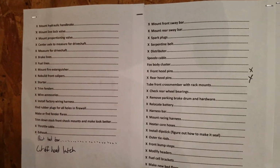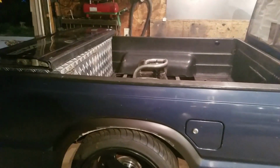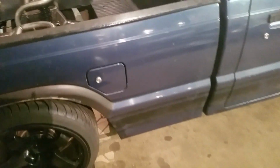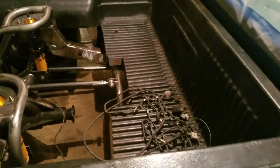I don't know what I'm going to start on tomorrow because the front end is mostly done. One of the things I should do first pretty soon is center the axle. It is centered already, but I want to make sure it's perfect. I need to bolt the bed on first. You can see it looks a little farther towards the back than the front, so I can adjust that with the threads on the Heim joints, get it exactly where it needs to be,